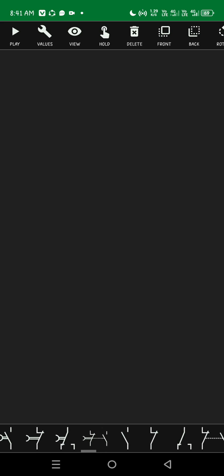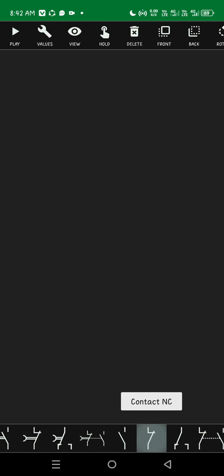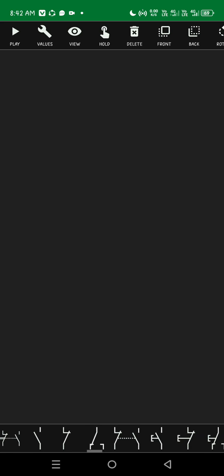And then we have the normally open contact, then normally close contact, and we have also the combination of normally close, normally open contact and the common contact terminal.